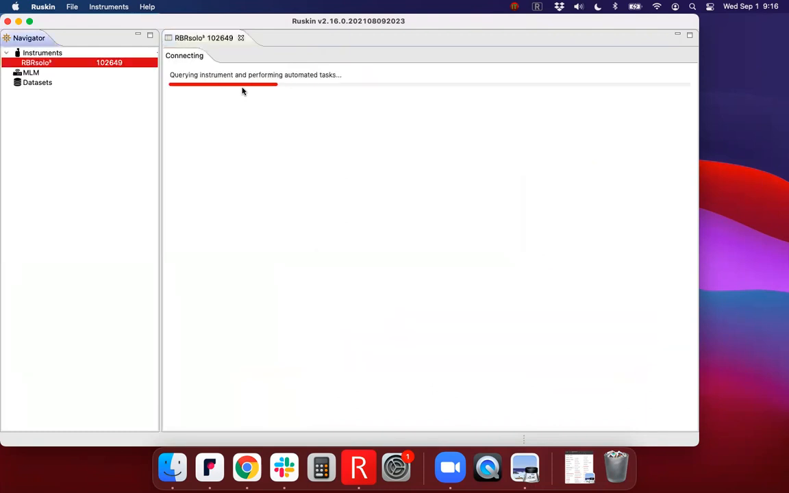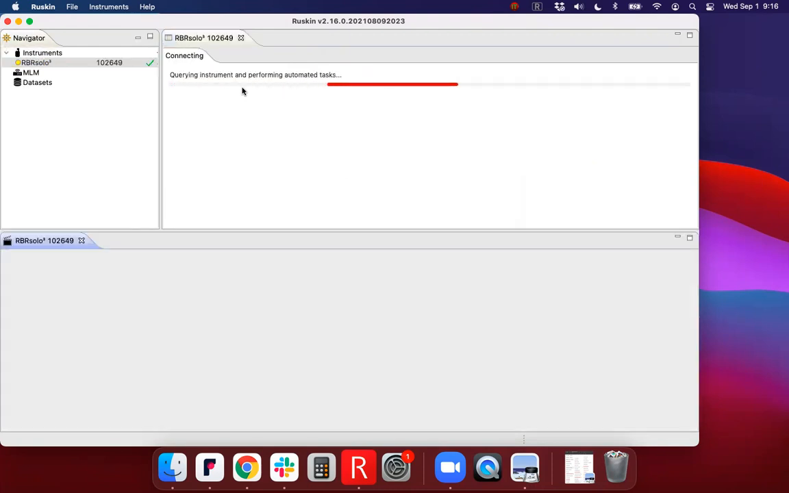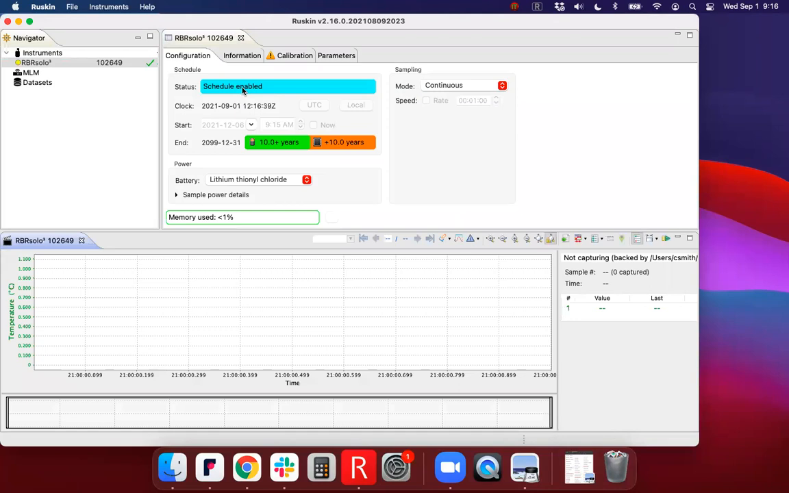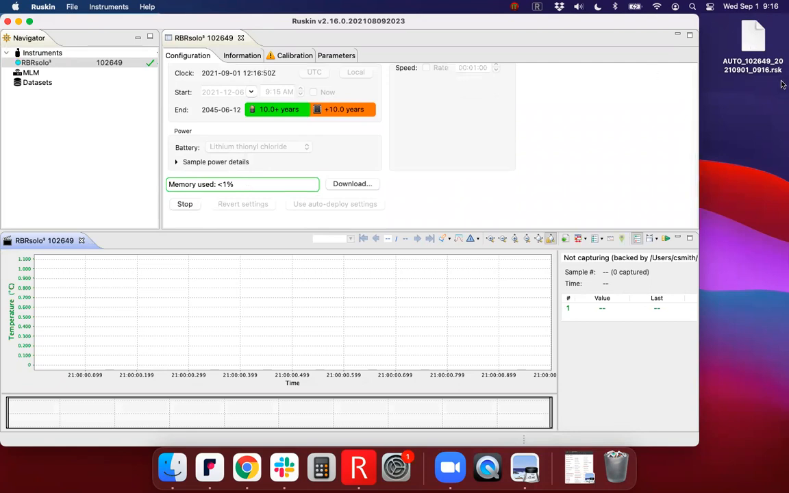So plug that in. This is a separate logger, a different one from the first. And here you can see that it's enabled exactly the same way as the previous one. So continuous 1 minute sampling, December 6, 9:15. And if you look over here to the right, it automatically downloaded the RSK file that was on the logger, which is really